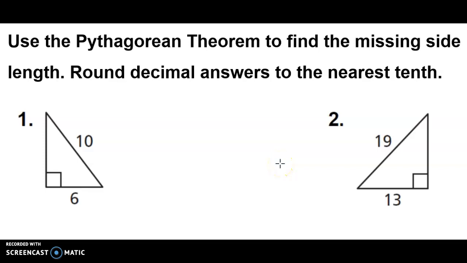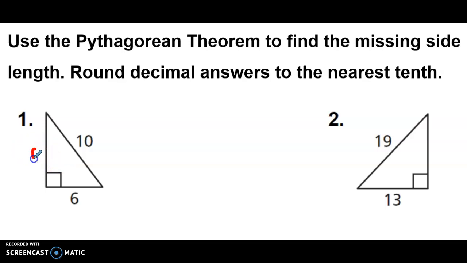Let's start lesson 9.4 with a quick review of the Pythagorean theorem. If you remember, we use the Pythagorean theorem when we're trying to find the third side of a triangle. And if you notice, it has to be a right triangle. It can be both legs, it can be a leg and a hypotenuse, or the other leg and the hypotenuse. But either way, it is a right triangle, and the Pythagorean theorem would be, since this is missing a leg,